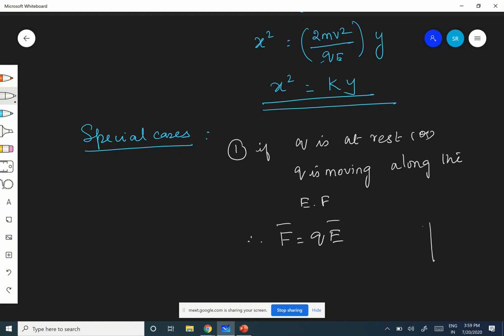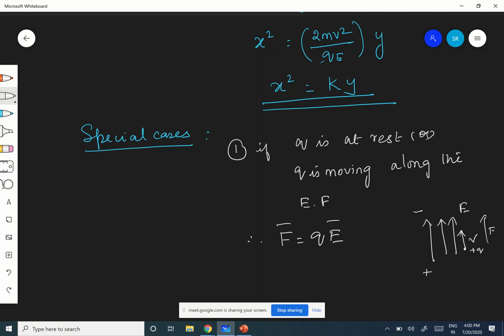See here, it is the direction of the electric field, and the charge is plus Q. Actually, it is moving in the direction of the electric field. The velocity V is in the direction of the electric field. Therefore, it will definitely experience a force F equal to QE. In which direction will it experience the force? In the same direction, since it is already moving in the direction of the electric field only.